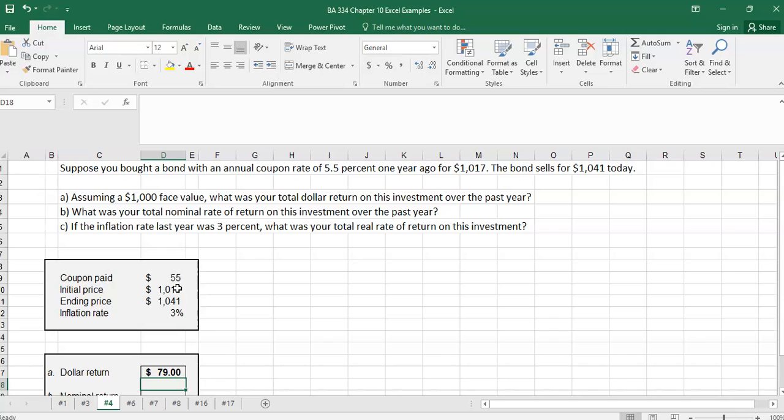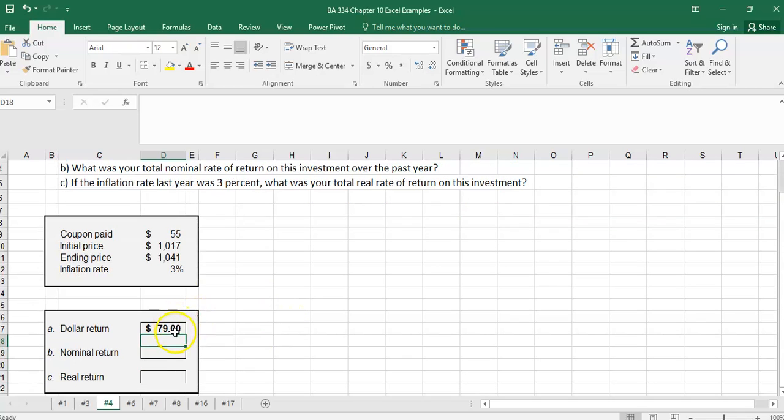So we have a dollar return of $79. Our nominal return is that dollar return divided by the initial price. So our dollar return divided by our initial price. So we have a nominal return of